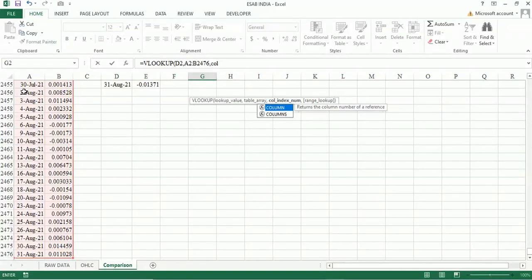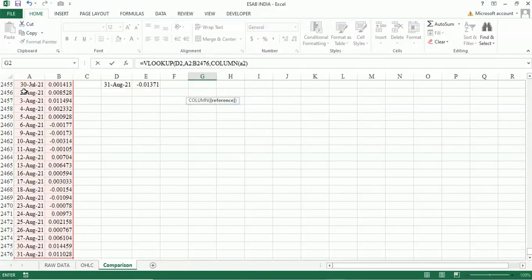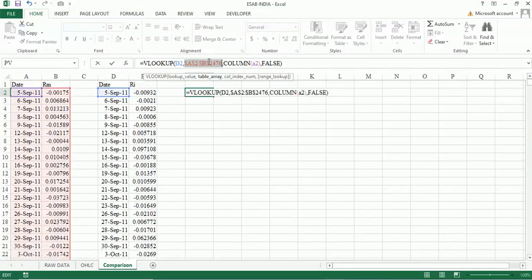Then the column index number. Without any further analysis, I'll just type the column A2. You also maintain the same, and I need an exact match, so I select false or 0. Okay, so this is the formula, but before pressing enter, we have to freeze this data array by putting dollar signs on both sides, and I also have to freeze this D column.